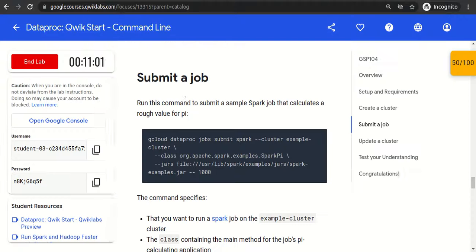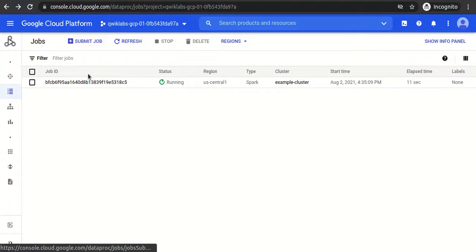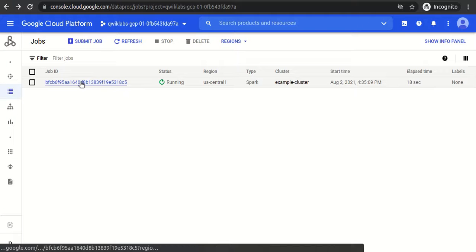So the purpose of the lab is basically to show that rather than the console, if someone asks us to do all these operations using the command line, we should know how to run them using the command line, with all the options and the particular command.